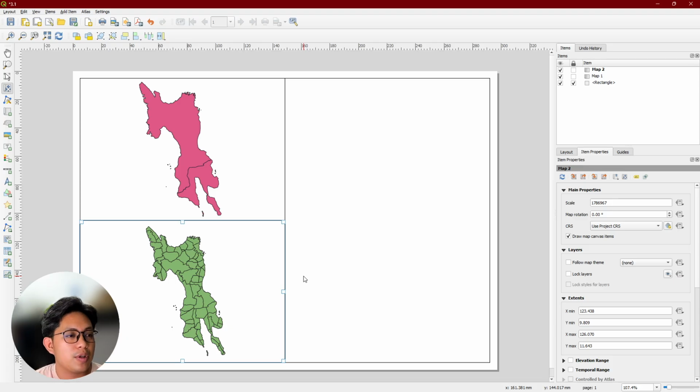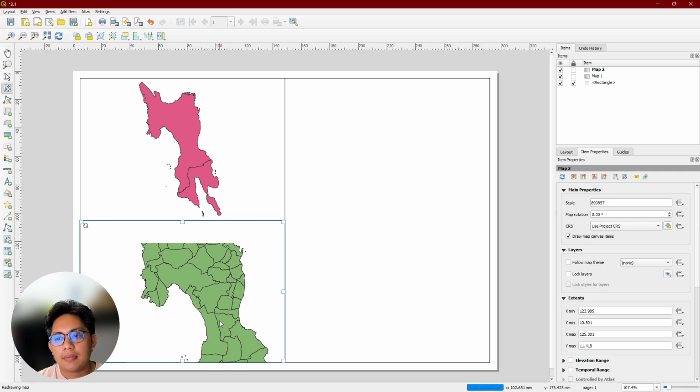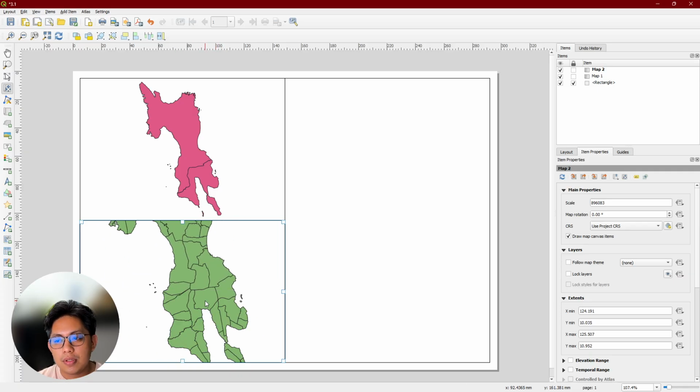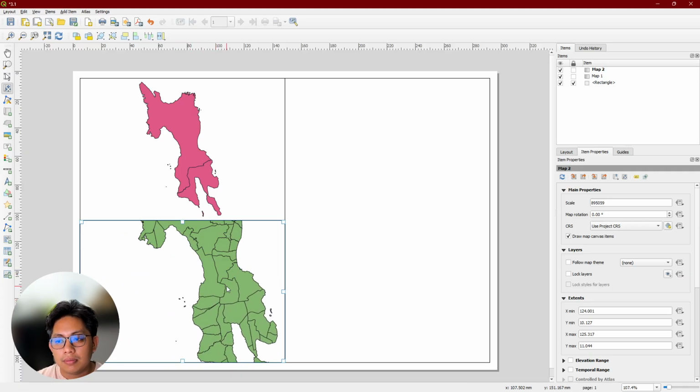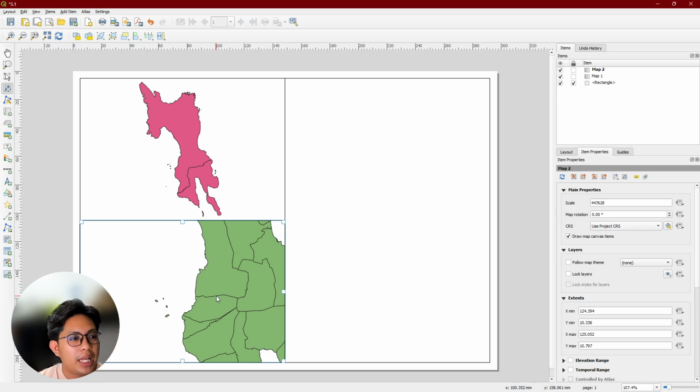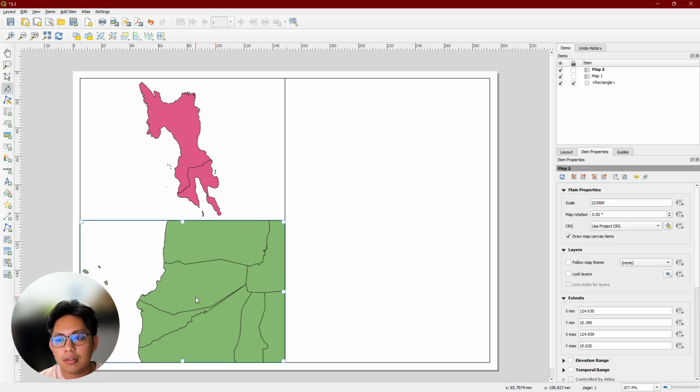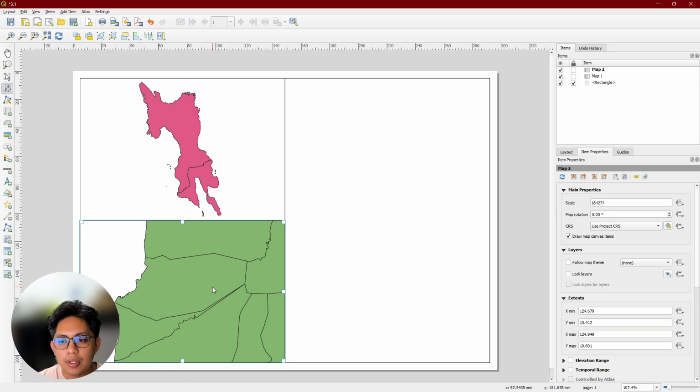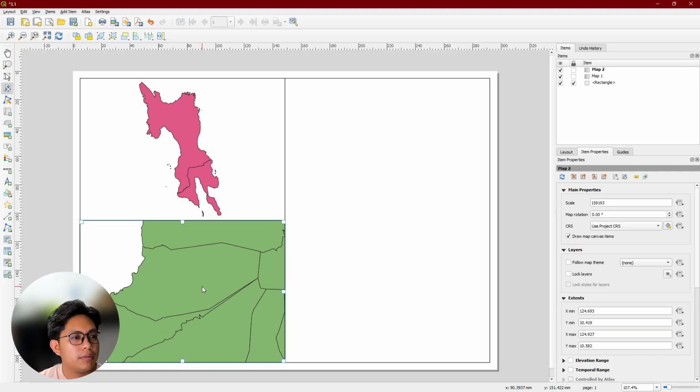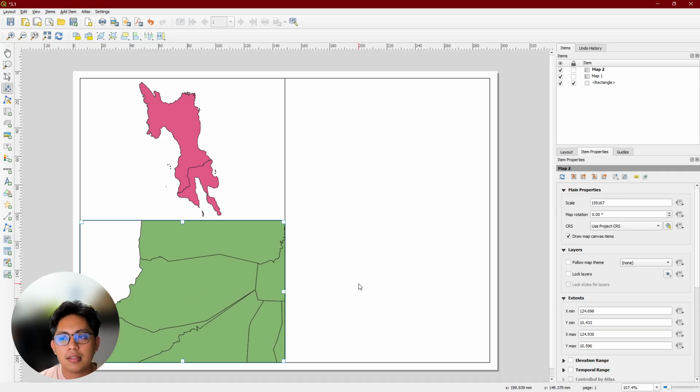Focus on a municipality. So, say, I will choose a small one so that you won't choose it. I want to focus on this one. I don't know what this is.